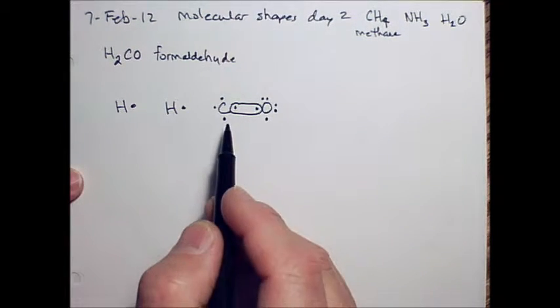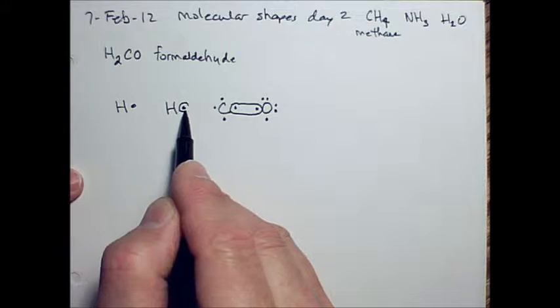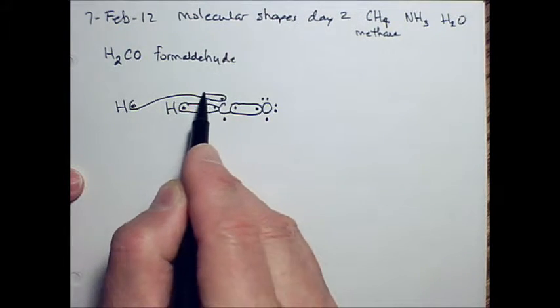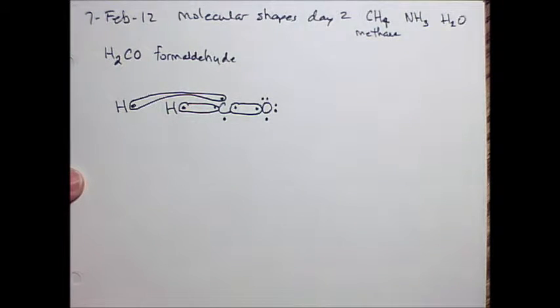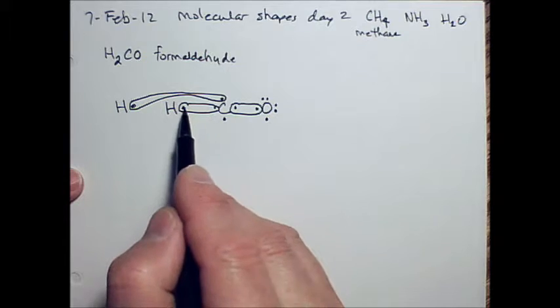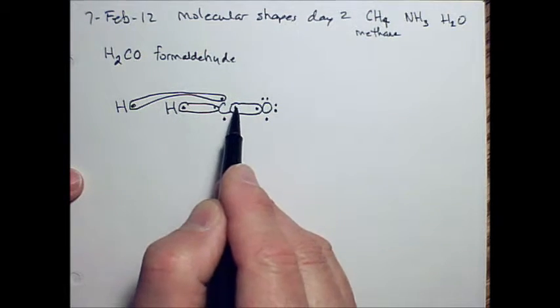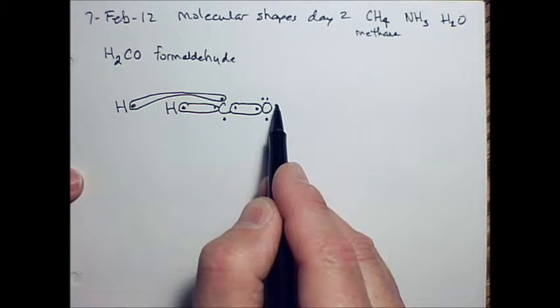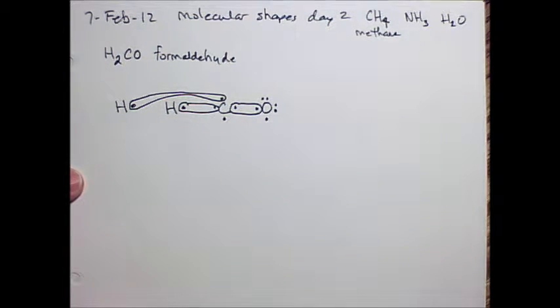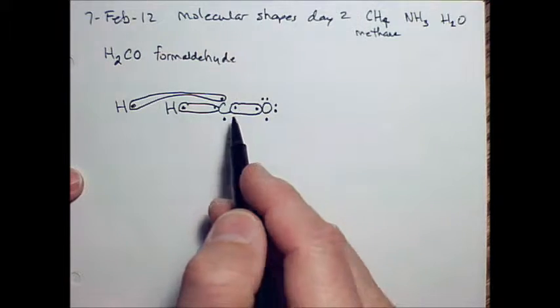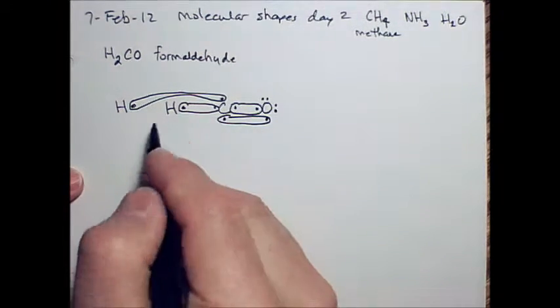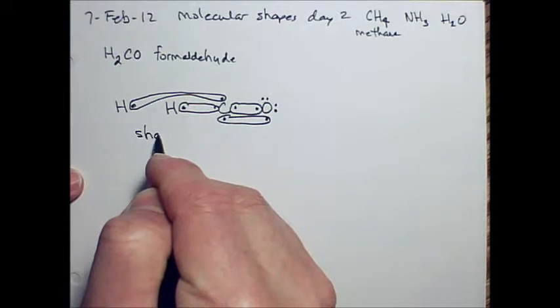So I can tie 1 hydrogen here and share another hydrogen here. And I need to come up with a way to give carbon 1 more electron. Right now this carbon has 7: 1, 2, 3, 4, 5, 6, 7. This oxygen has 7: 1, 2, 3, 4, 5, 6, 7. Yeah, the bottom ones can share. So that will be a double bond then, okay? So this would be a reasonable sharing arrangement